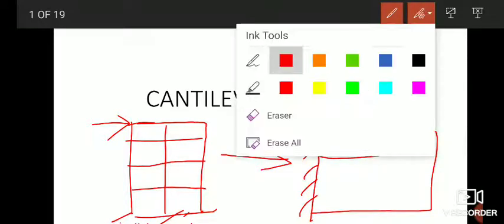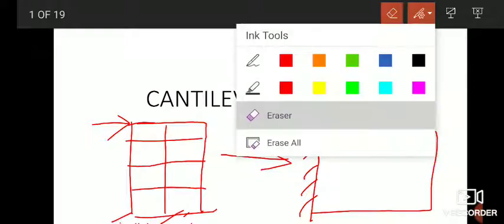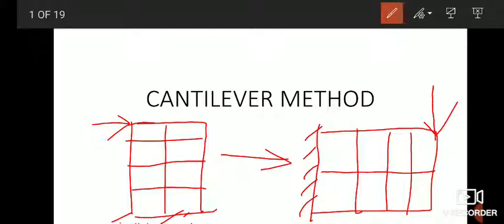Sorry, so there were only two bays, and 1, 2, 3 columns. So something like this, and it is subjected to transverse loading like this. Is it okay? This portal frame which is subjected to horizontal load is tilted by 90 degrees, and now it looks like a cantilever which is supported at the left end, with something like an open web cross section.